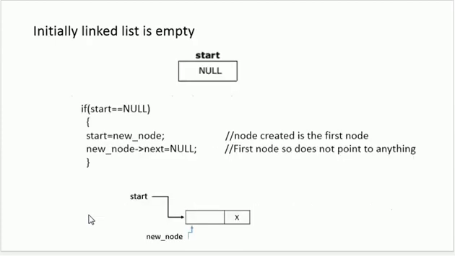So initially my linked list is empty, so we don't have anything in the linked list because I want to create a linked list. So initially start, which was used to save the address of the starting point of the linked list, it's null. It doesn't contain any address. So if it's null, then it clearly means that I'm about to enter the very first element in my linked list. So you can see here in this diagram that I'm going to create a new node and I'm going to associate this start with my new node.